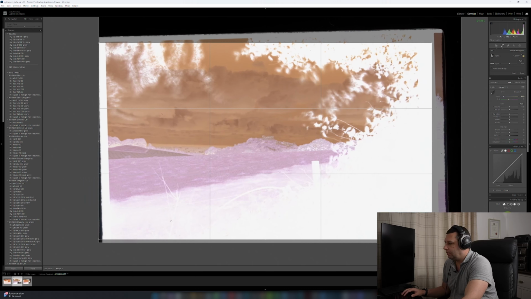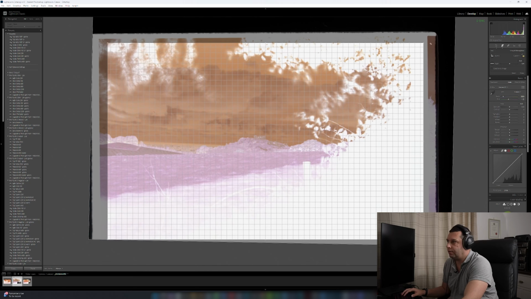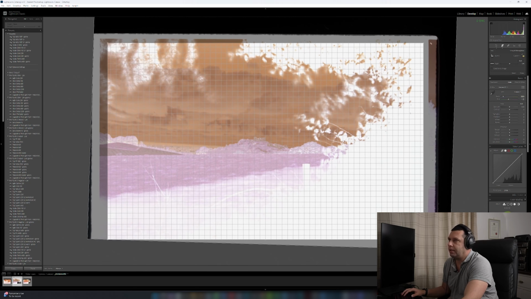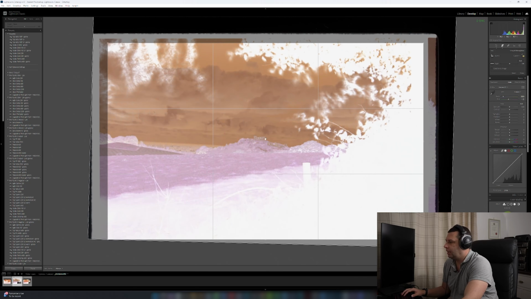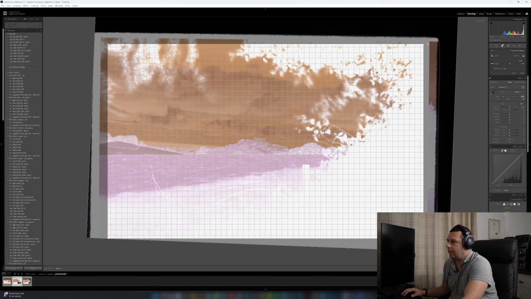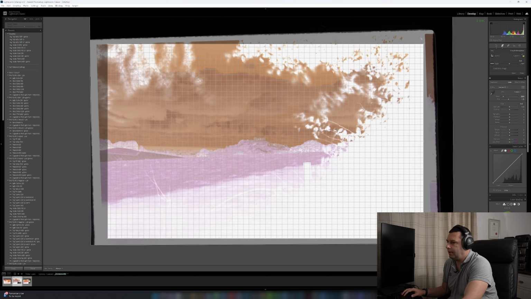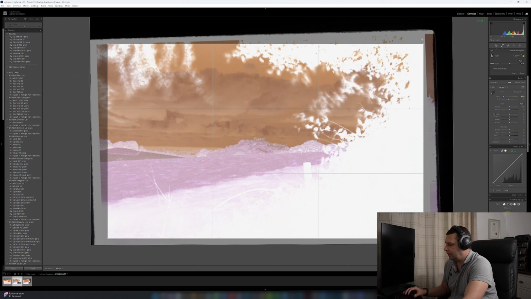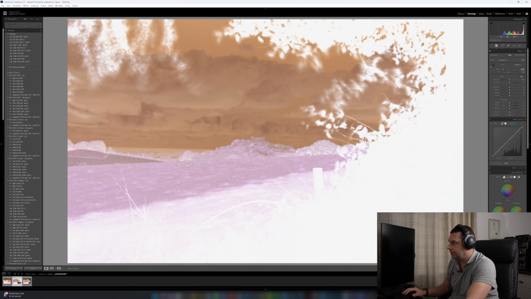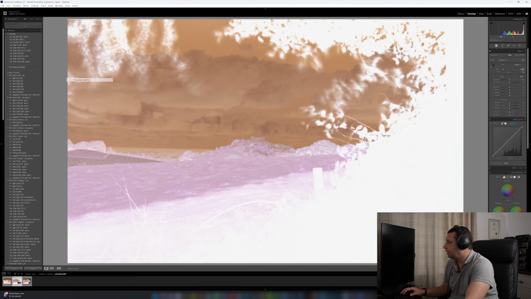I did a quick and dirty little DSLR scan here, nothing fancy, just to rotate. You can always get better results than me with this, and one day I'll get better at that. Now, is it aligned? Let's say like this. Okay, maybe this is the horizon line. Okay, it should do. And now I have to apply the plugin, Negative Lab Pro,